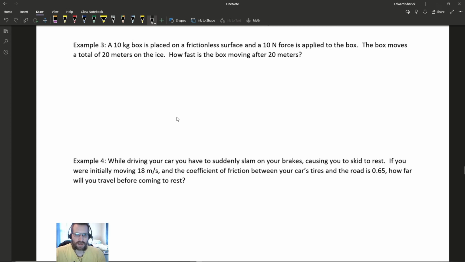Number 3, a 10 kilogram box is placed on a frictionless surface and a 10 Newton force is applied to the box. The box moves a total of 20 meters on the ice. How fast is the box moving after 20 meters? So let's draw a little picture. We got our,